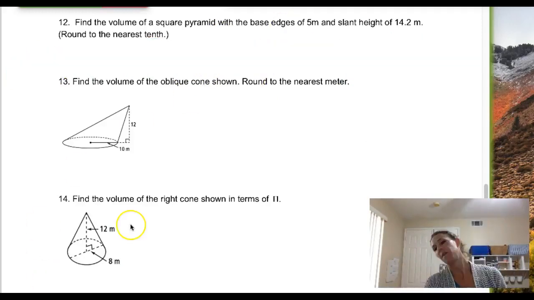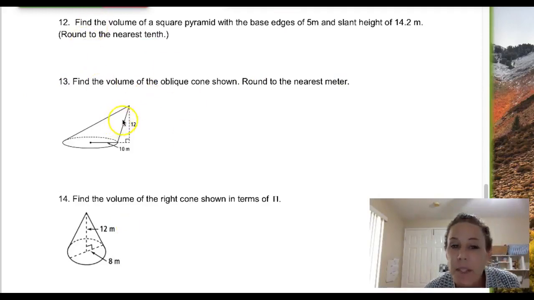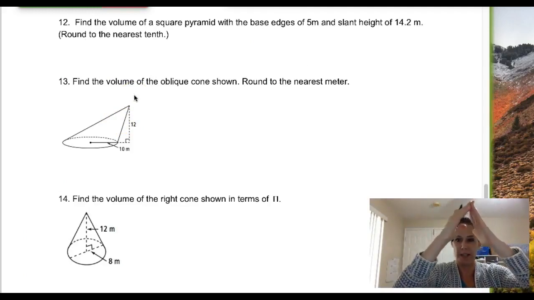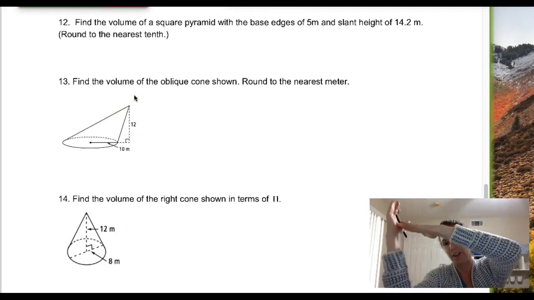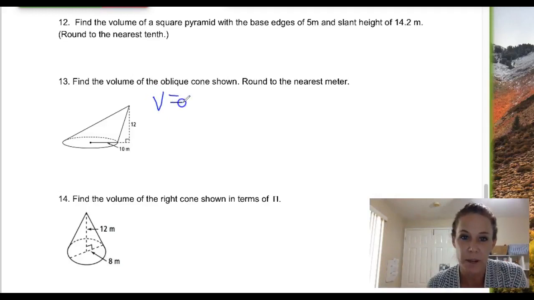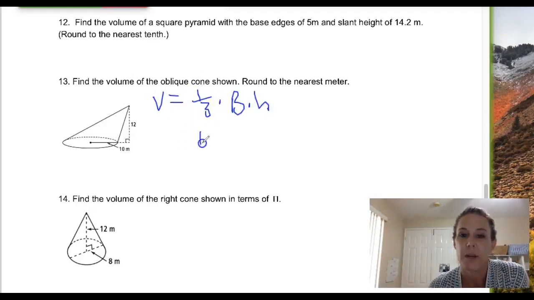Okay, if you want to find the volume of an oblique cone, it's the same as the volume of a regular cone. You're just taking that cone, if it was like this, and you just shove it over a little. The volume's going to be the same, the area that fits inside. So your volume is still going to be 1/3 times the area of the base times the height. So we're going to go 1/3. Your base is a circle, so your area of the base is going to be pi times your radius, which is 10